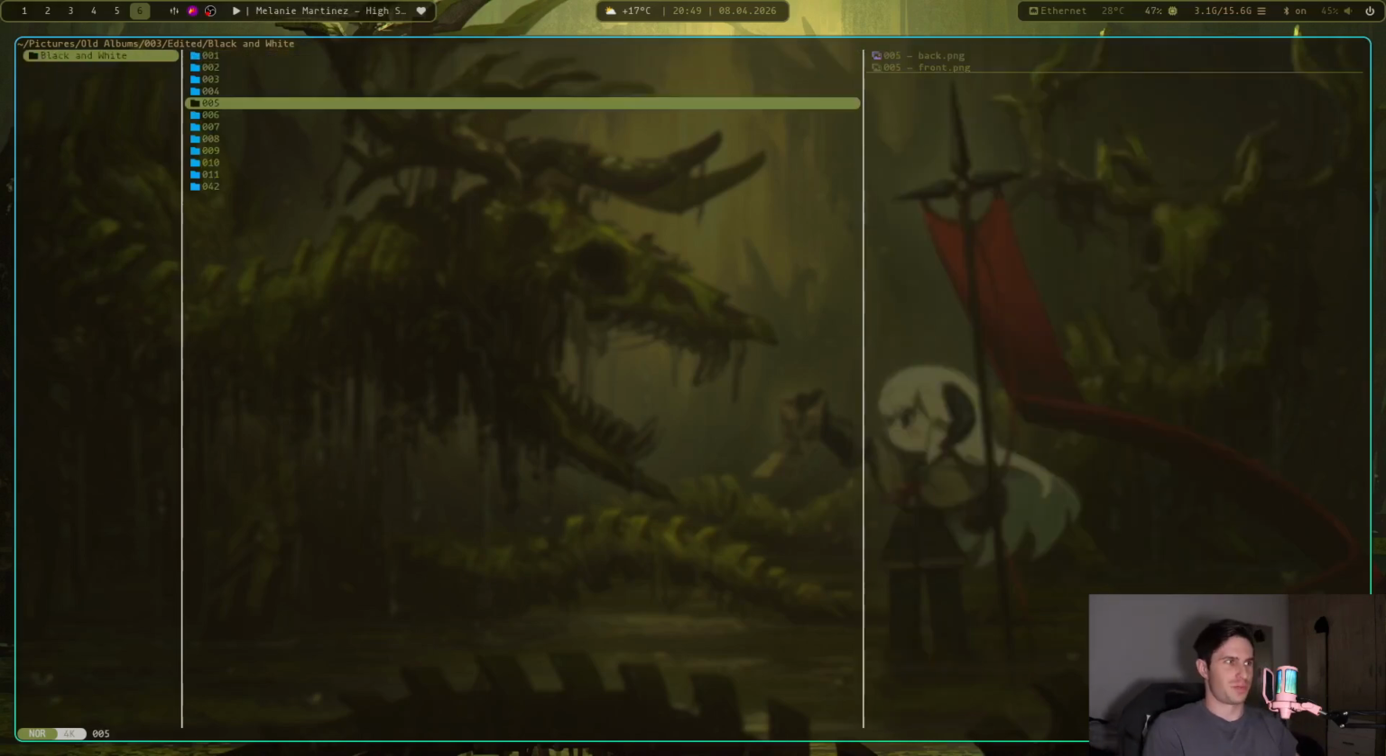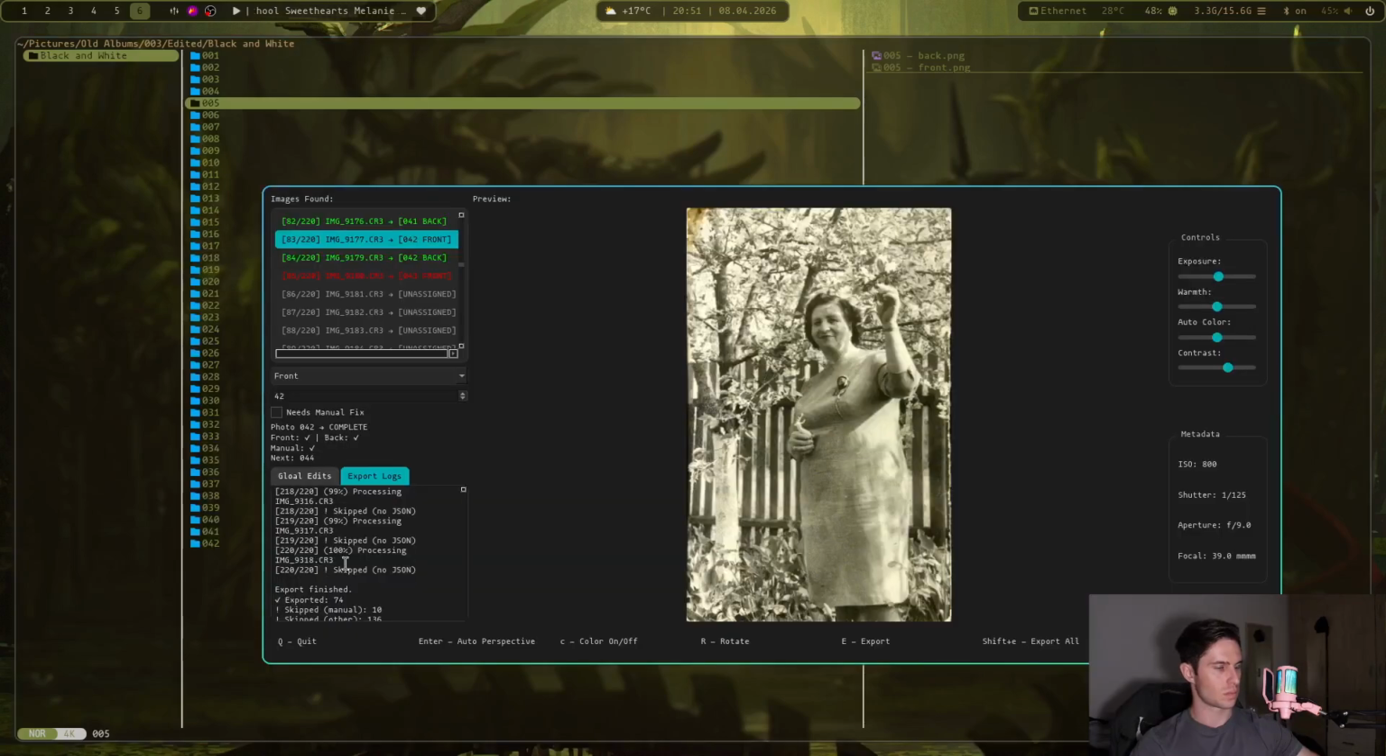Now imagine doing all of this manually. It's absolutely bonkers. I did that, and it took me hours upon hours. And it finally finished with these results, right? So we have exported 74 pictures in a matter of, I think, seconds or a minute,